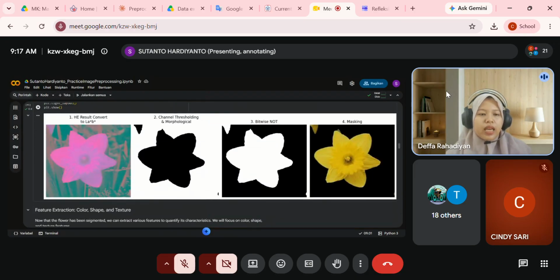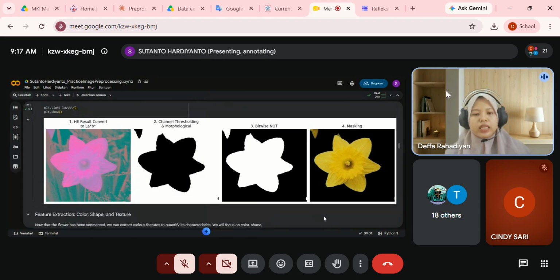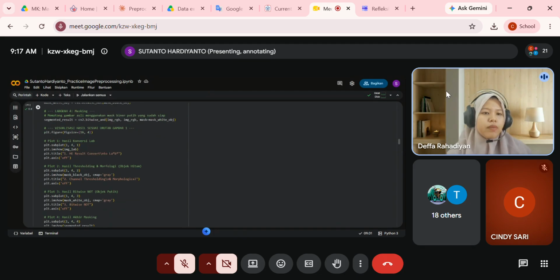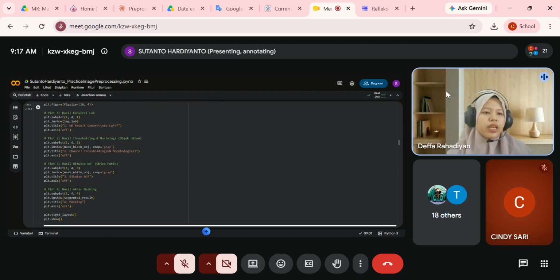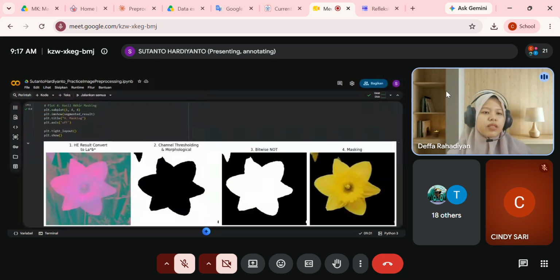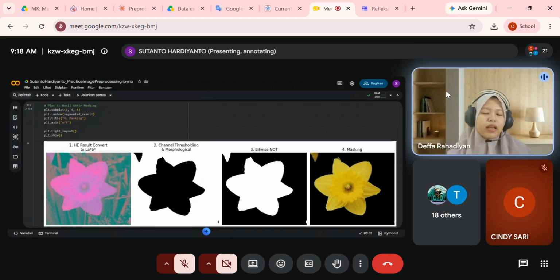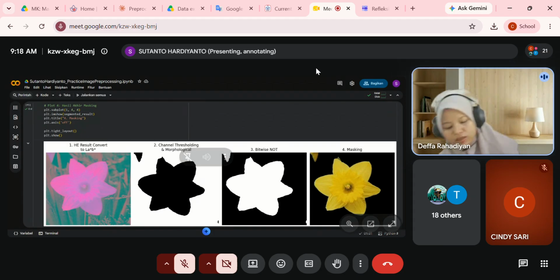And then after that, you apply LAB. Also, scroll up. I want to see the code. Okay, in here, after morphological processing, bitwise mask. Oh, wait. So in here you use the RGB image, not the HSV image, for this process, for thresholding. Yes, ma'am. I follow the PPT. Oh, you follow the PPT. It means that this is a different process from the previous one.